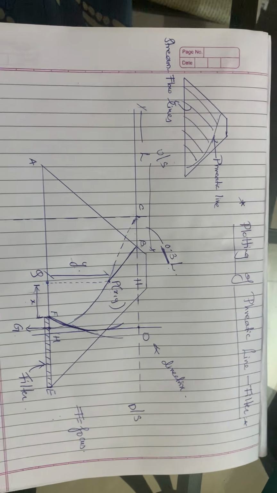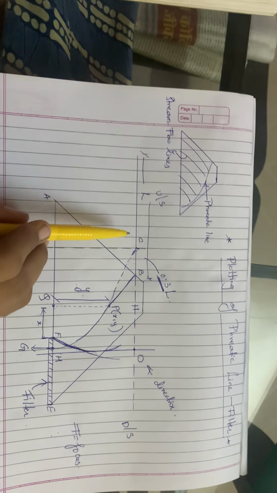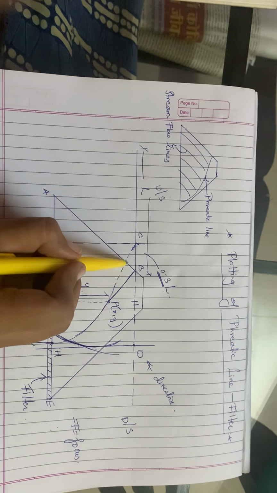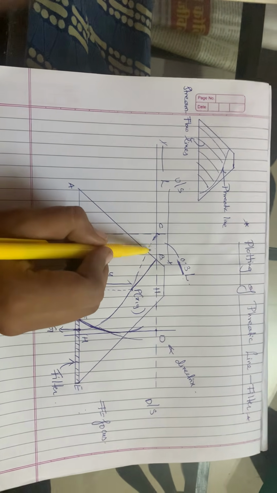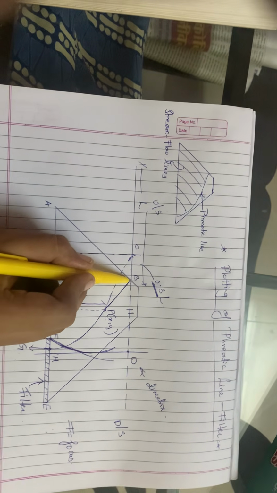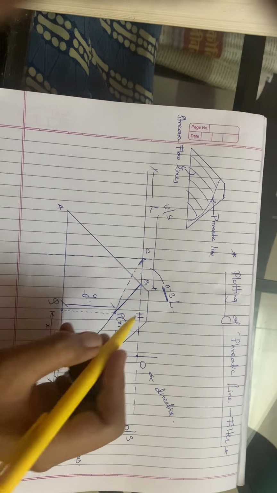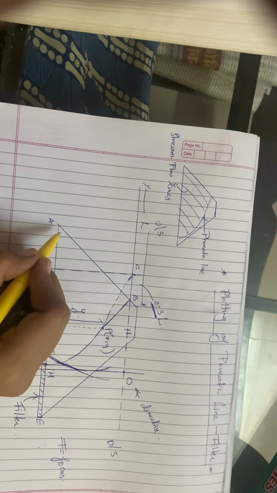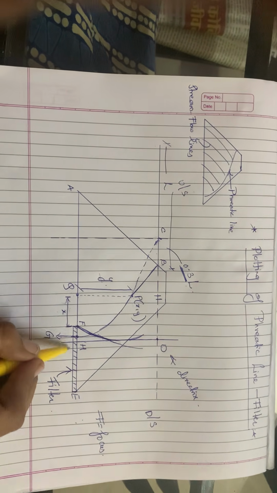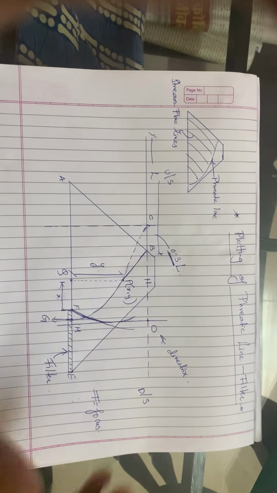But here, our parabola cannot have the starting point C outside the dam. The starting point of our base parabola must be within the dam. So here I have made a correction. This dotted line is not our original parabola. Our parabola is this, starting from point B till point G. It must be perpendicular to the upstream face, and also perpendicular at our filter point. So at point G it must be perpendicular, and at point B also.